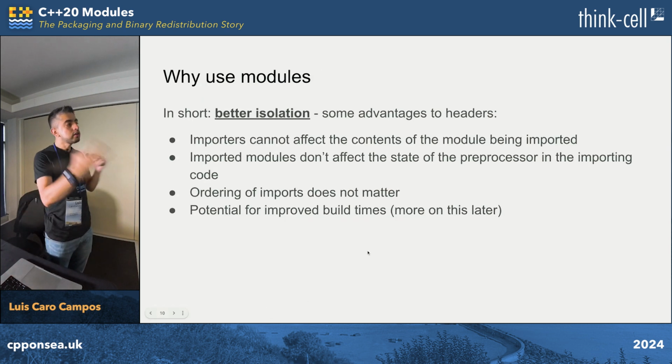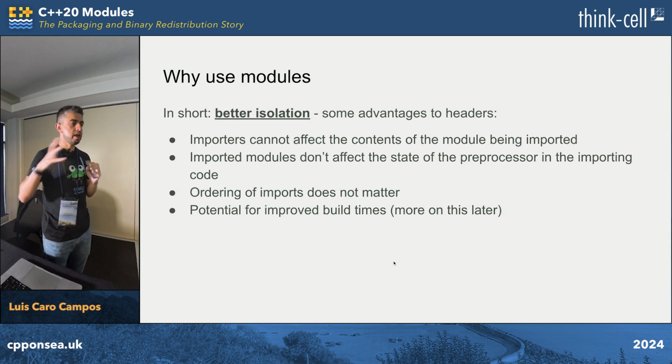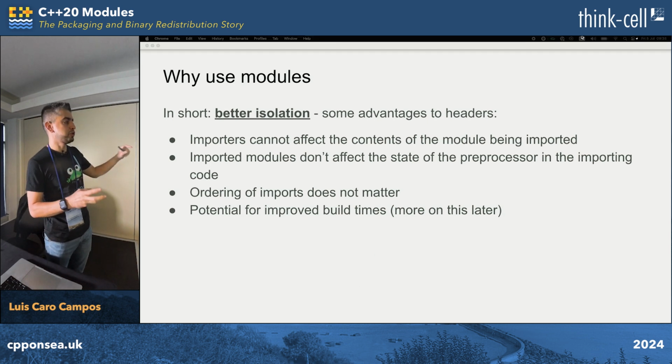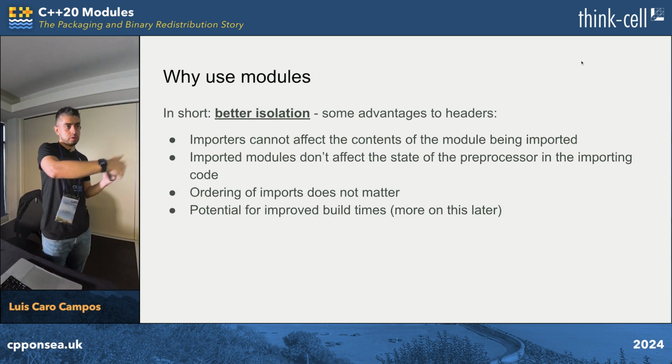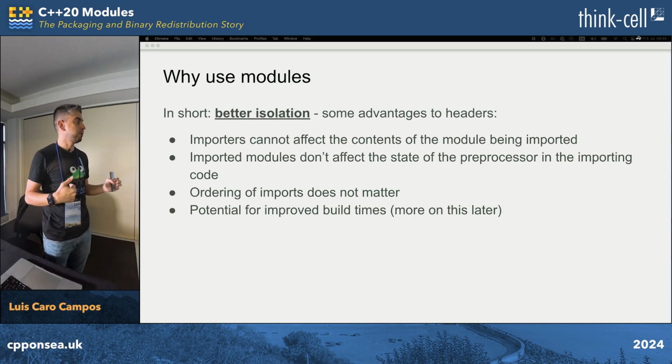And reading all the background with modules, you may have heard mostly the last one, which is the improved build times. But I think there's a lot of advantages when it comes to isolation, right? There's a lot of niggles that we're used to when it comes to the preprocessor. At the moment, by defining a macro before the inclusion, you can affect what happens in the included file, or the other way around, you can include something that changes what happens for the rest of the code,